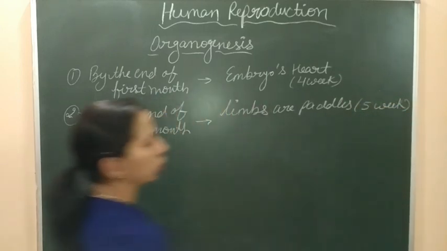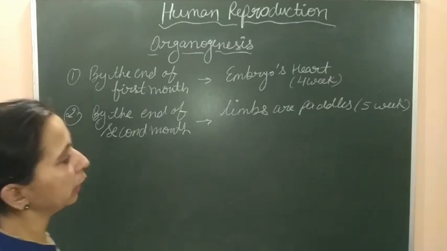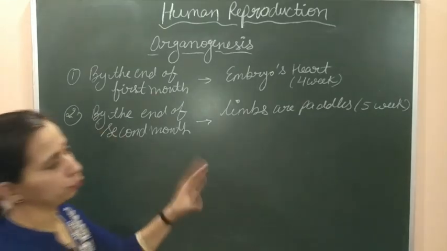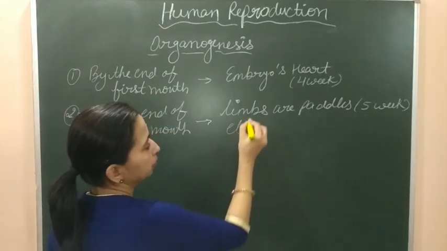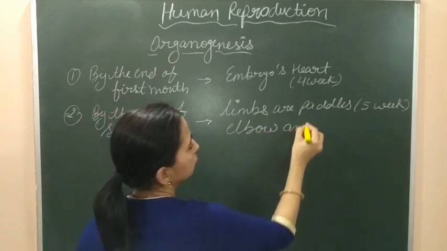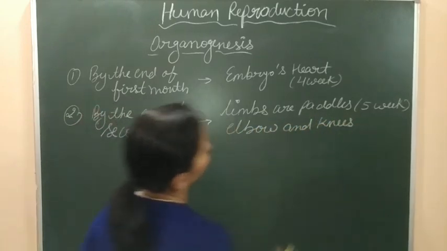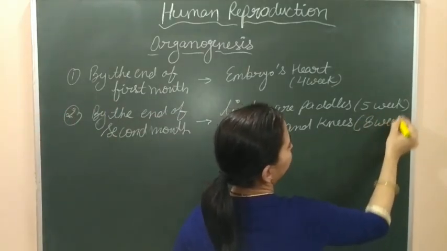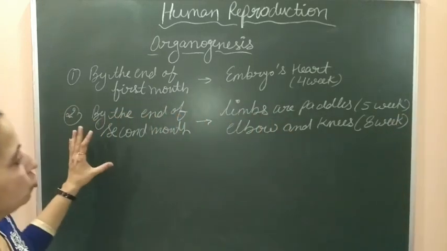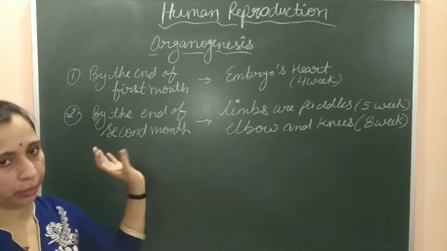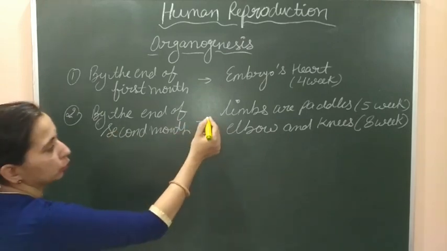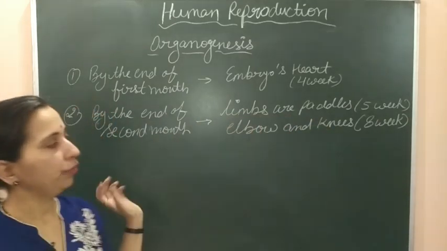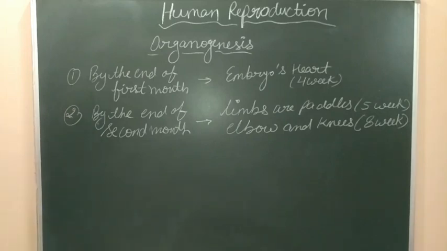5th week तक पहुंचते paddle like limbs फॉर्म हो जाएंगे, and at the later stage of this pregnancy period, at the end of the second month, up to the 8th week, the elbows and knees also get established. So elbow और knee जो होंगे उनकी formation हो जाएगी at the 8th week. So these are some important changes which happen in the second month of the pregnancy. Second month तक होते होते limbs form हो जाएंगे, and they will be paddle like limbs, and at the 8th week of the pregnancy the elbows and knees are also established.